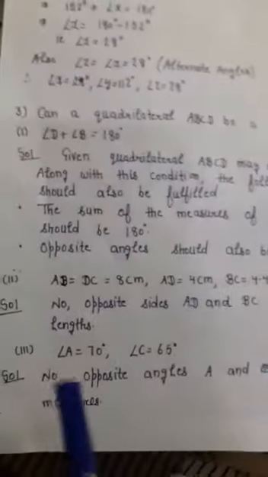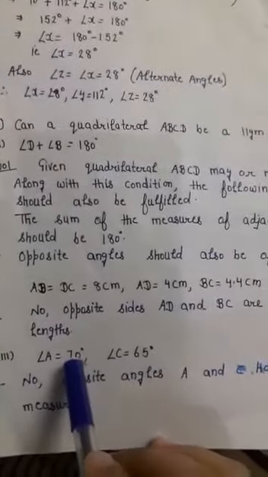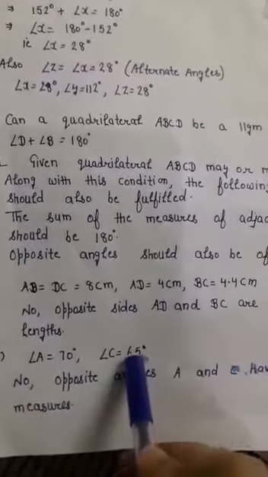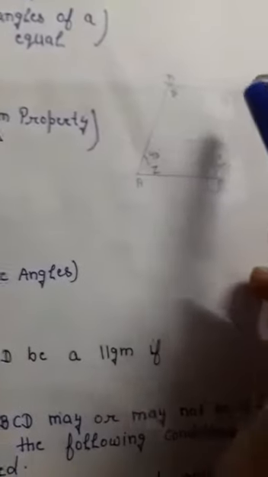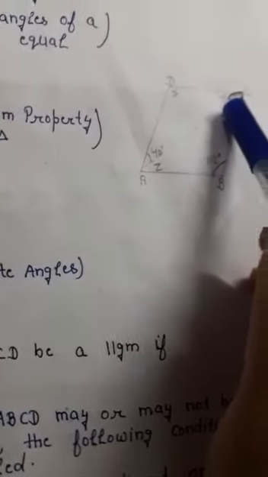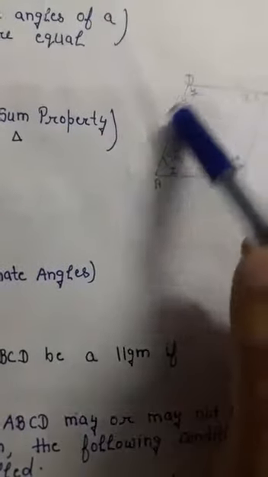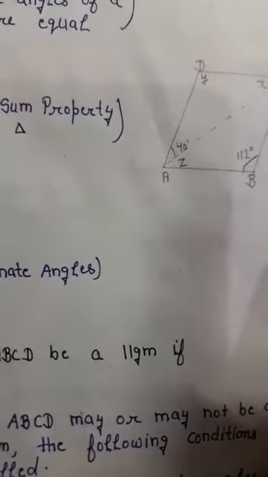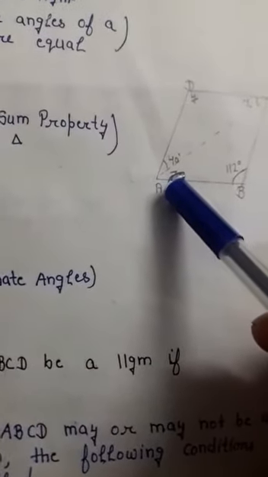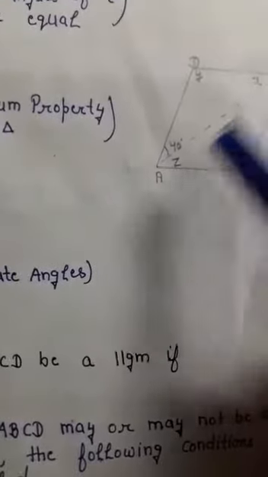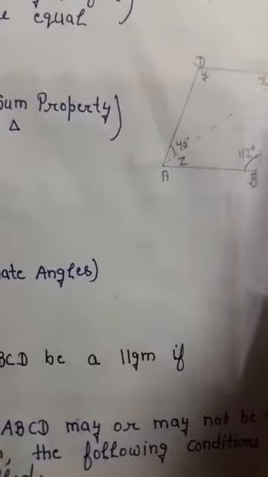In the third part, we are given that angle A equals to 70 degree and angle C equals to 65 degree. If I will assume that it's a quadrilateral, in this quadrilateral, angle A equals to 70 degree and C equals to 65 degree. I cannot say that the given quadrilateral is a parallelogram since in a parallelogram opposite angles, that is angle A and angle C, both are opposite angles and they must be same, but in this part measurement of these two angles are not same, hence therefore the given quadrilateral is not a parallelogram.